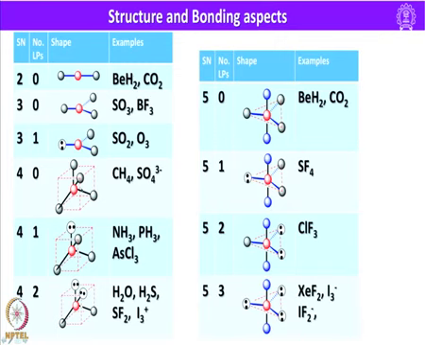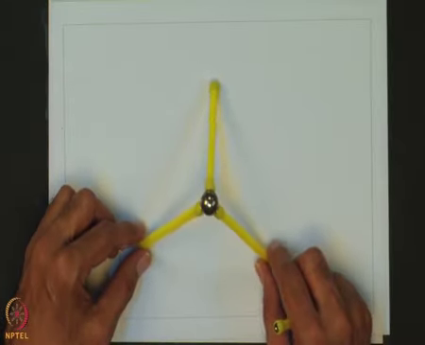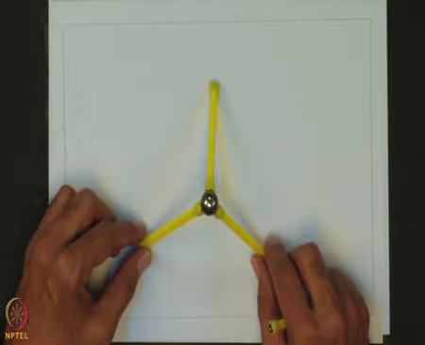with the geometry tetrahedral and the shape also tetrahedral, example SO4 3 minus or CH4. And when we have 4 steric number and 1 lone pair, this shows the shape as pyramidal, something like this. One of the bonds is taken out. So, this is pyramidal, example ammonia and PH3